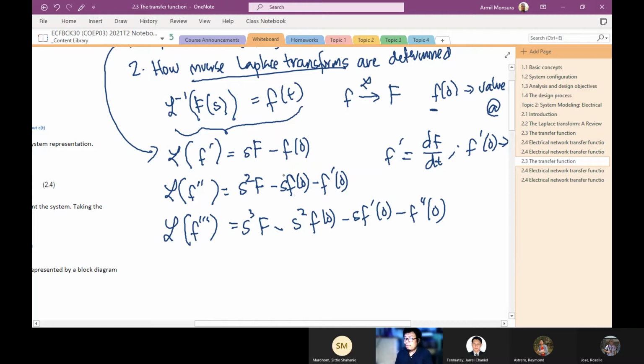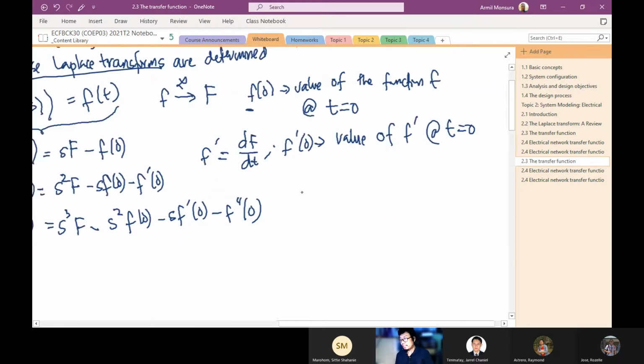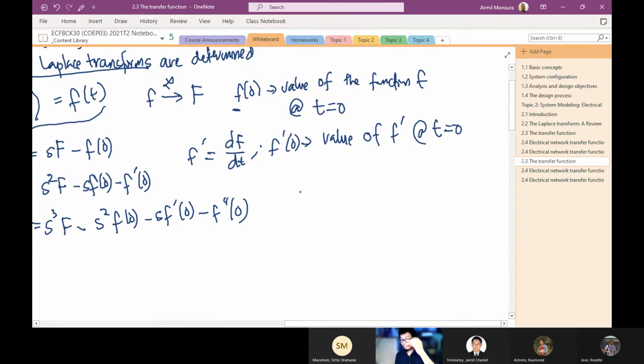Pero our work would actually be simplified more. Okay? If we make the assumption, and this is not a very unreasonable assumption na gagawin natin, if we make the assumption that every system that we will have to analyze in this course are initially at rest. Okay? So,